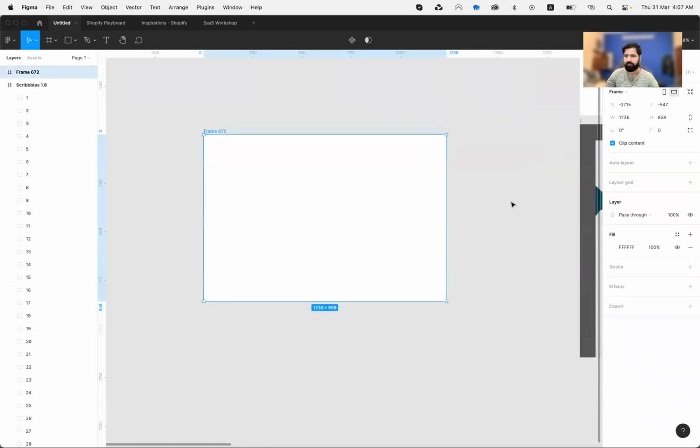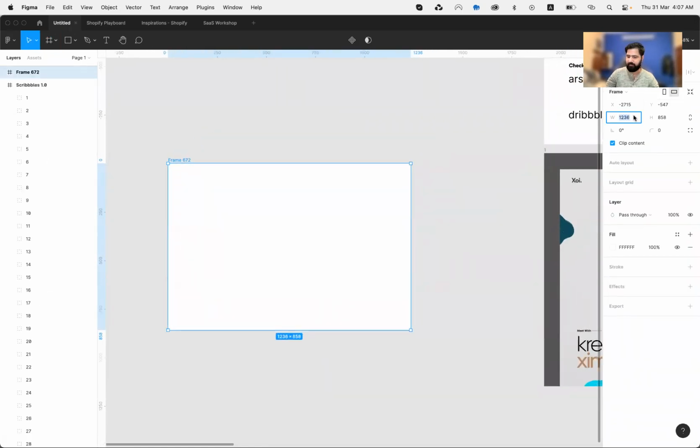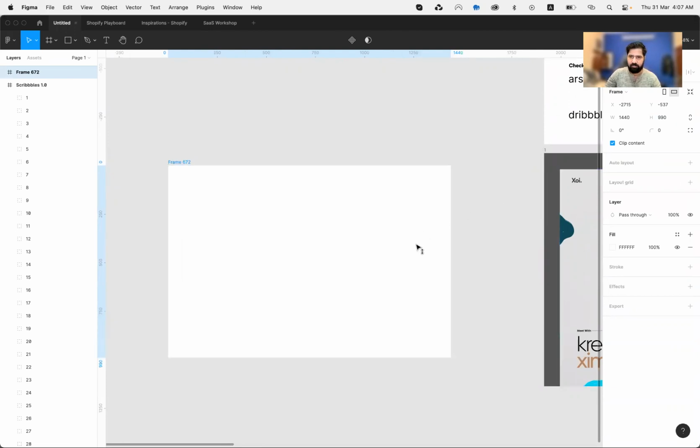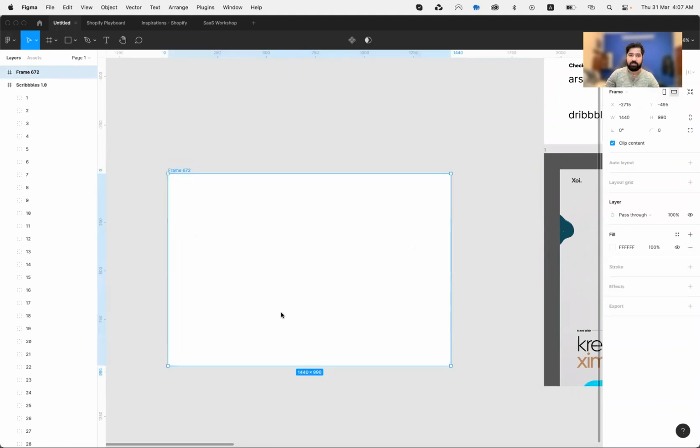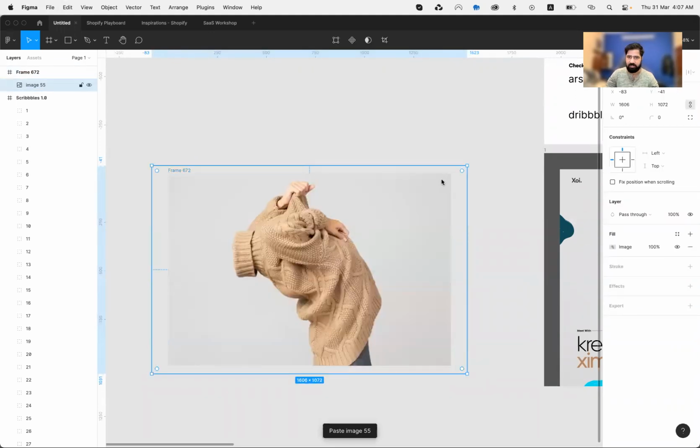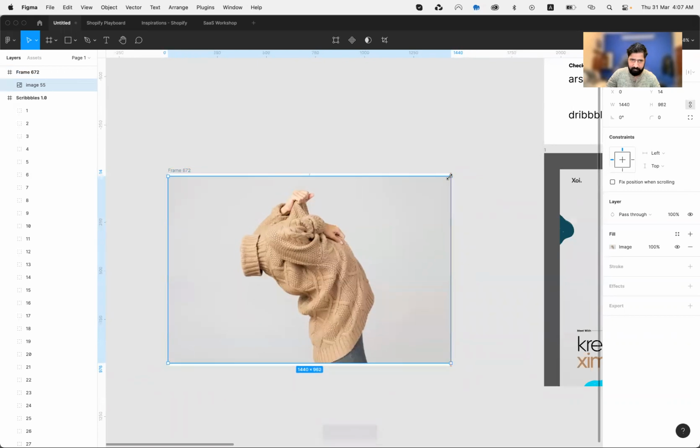So first of all, we have to choose a frame size. The ideal frame size is 1440 by 990. So this is the frame size that I would use to create the design. So I will just paste my image here, Command V, and